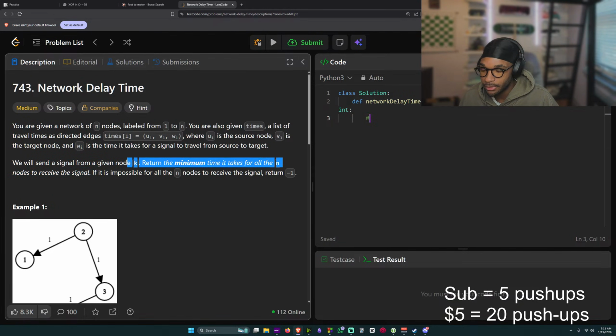We were saying it was okay. And how long does it take to get there? Oh yeah, reread the second paragraph. It says return the minimum time it takes for n to receive, for all of them to receive a signal. So like,